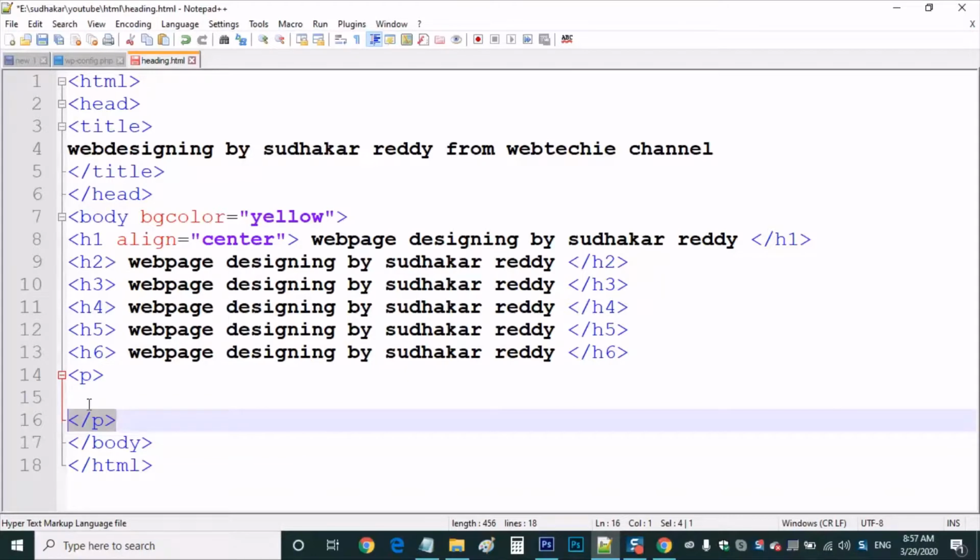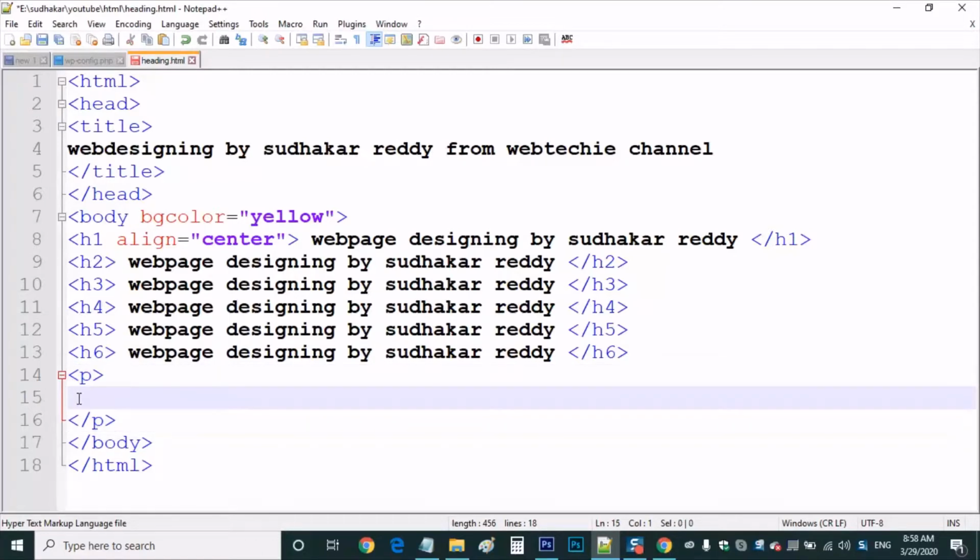In fact, without closing the tag also our program will work right now, because our program is very small. But in future, when you write a lot of code and develop a web page, you will have 1000 lines of code. If you are not closing the tag, your output will be totally different. Then you have to search each and every line. Checking thousands of lines is very difficult and a waste of time also. So make a habit of starting a tag and closing a tag first, then put the content.